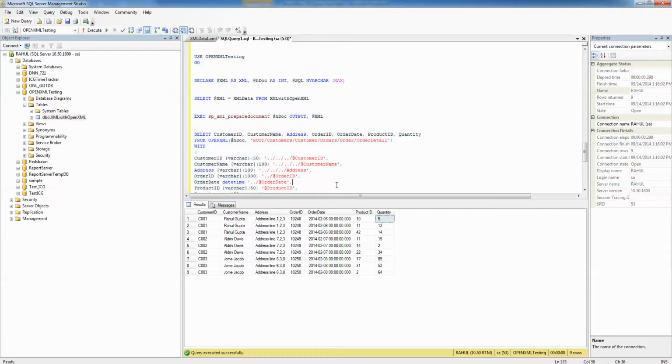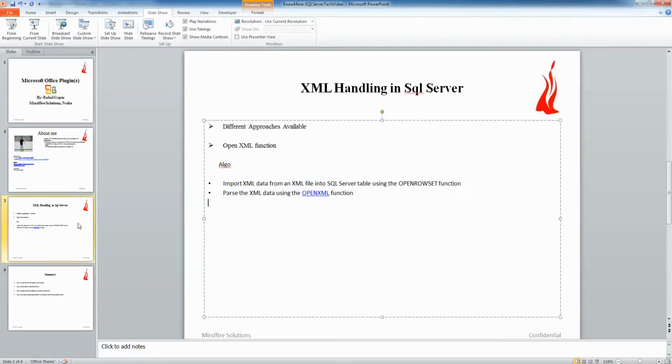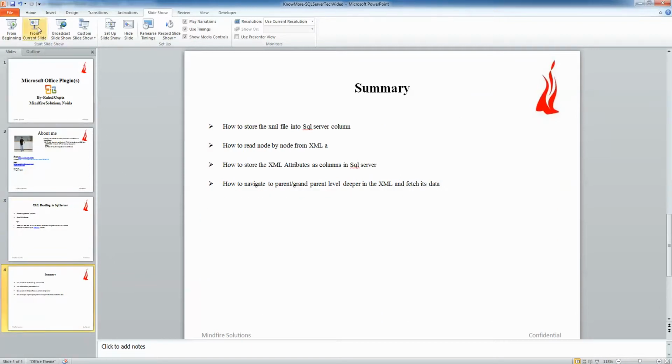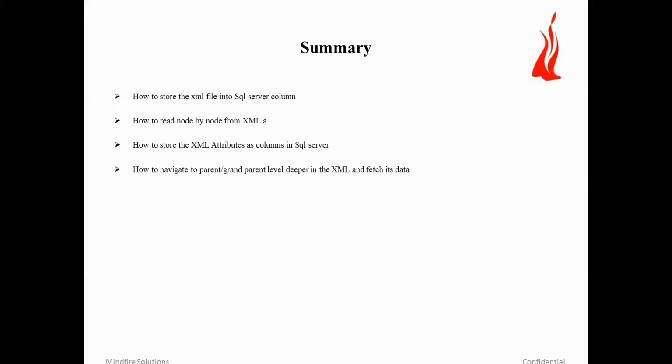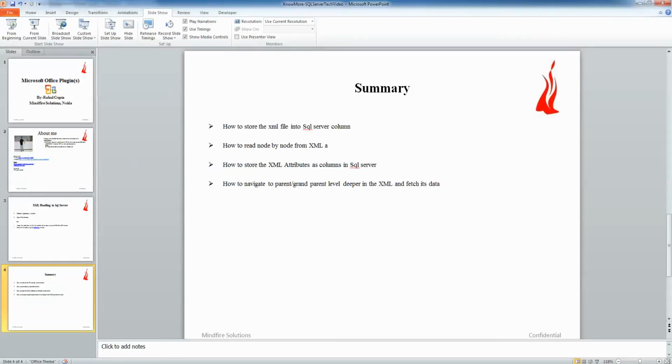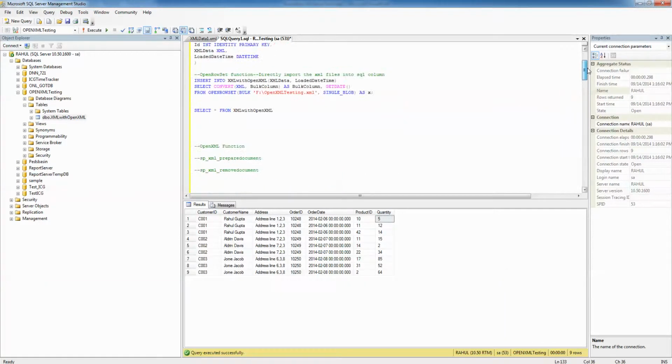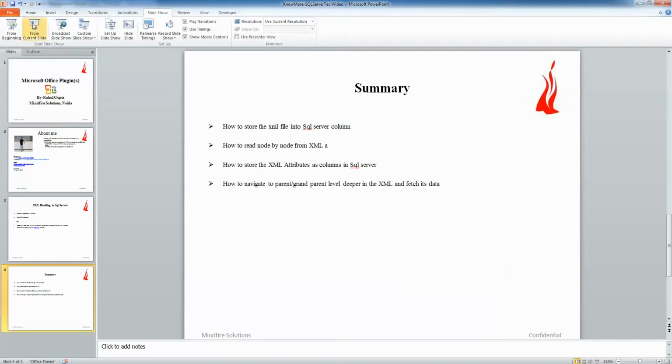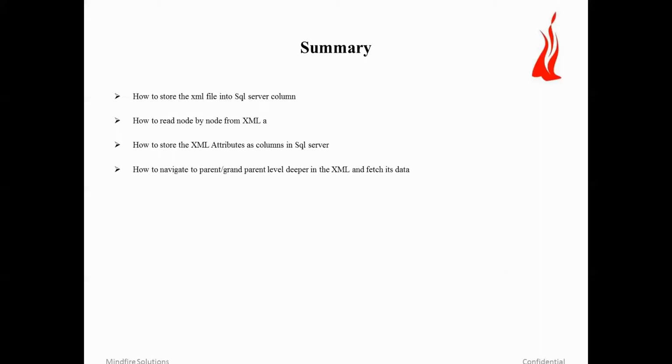So this is all about the OpenXML function and handling the XML file in SQL Server. What we have studied today is how to store the XML file into a SQL Server column. For that we used the OpenRowSet function, to give the location of the XML file and then store the XML file into a column. Then we learned how to read node by node from an XML.